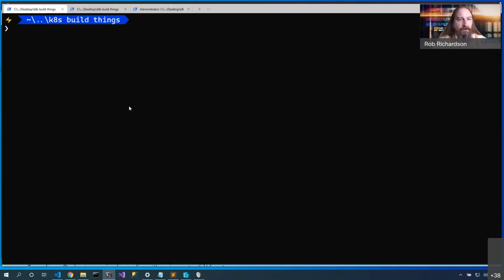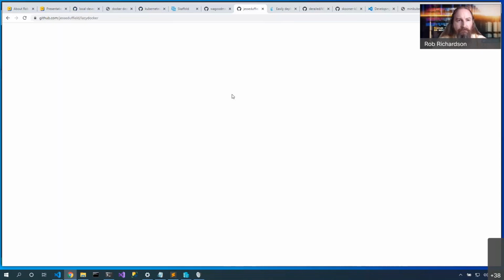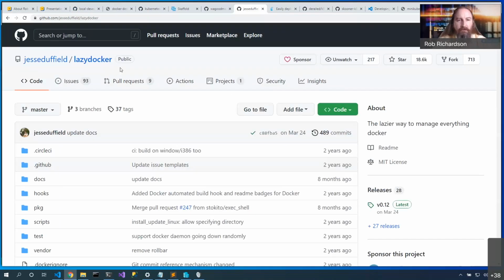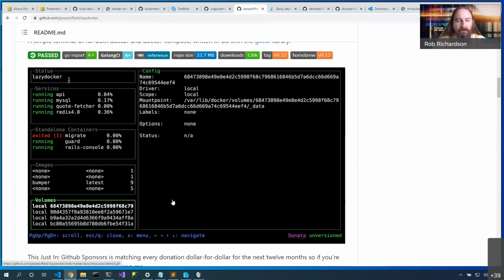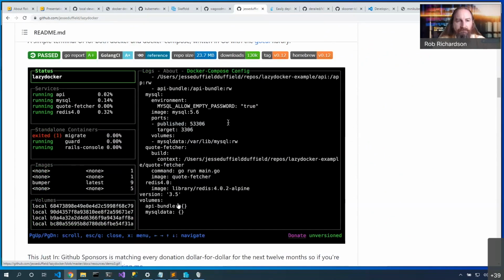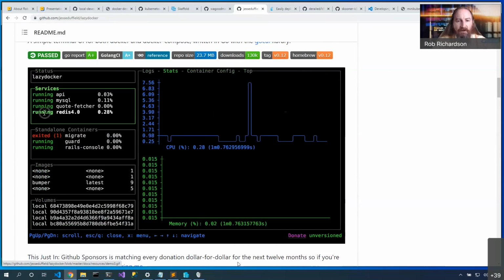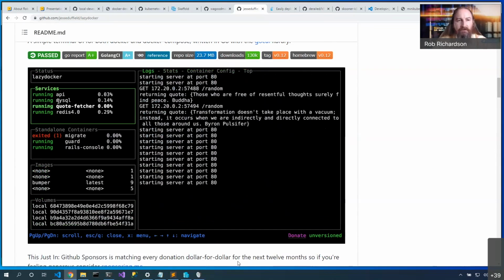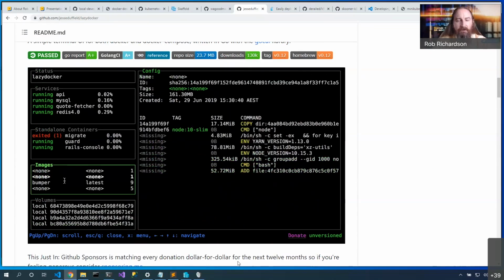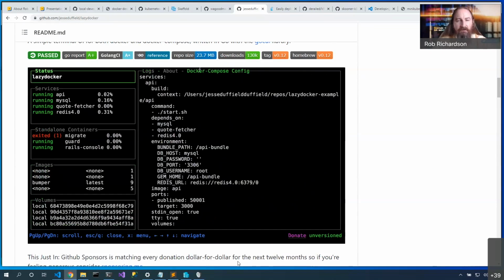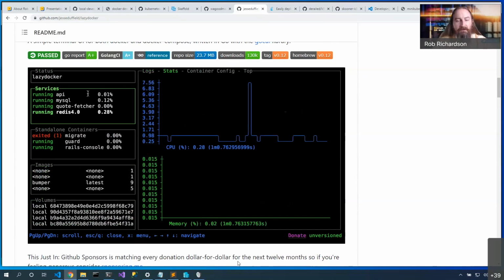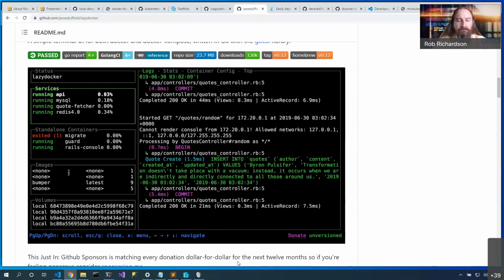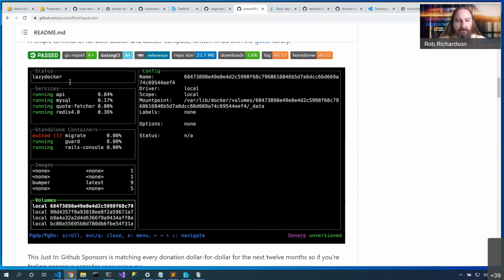I'm going to start up. Let's take a look at Lazydocker. Now Lazydocker is an open source GitHub project that allows us to be able to visualize a Docker cluster. Now you can see me clicking around in this screen. If you're using a Mac or if you're using Windows Terminal or PowerShell, you can definitely click through. If you're using Windows Command Prompt, you'll need to use the key bindings to be able to navigate.